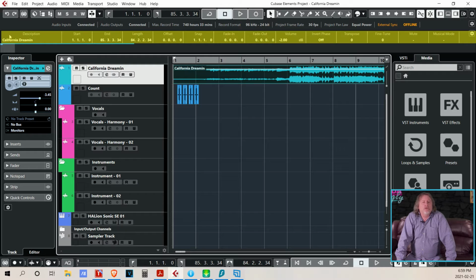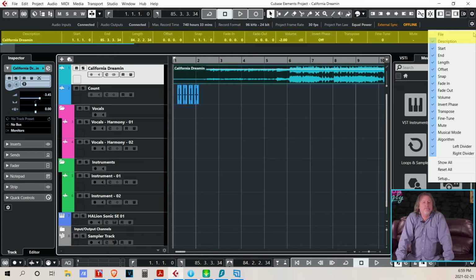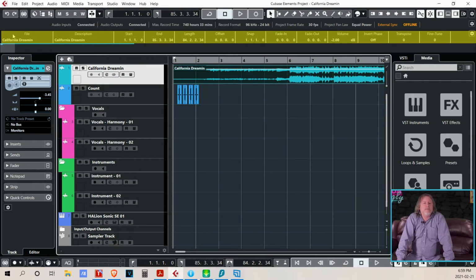The info line shows information about the event or part that you selected in the project zone. You can select which options are available to be displayed in the info line by clicking on the Settings button located on the far right of the info line. The following information is included: file, description, start, end,